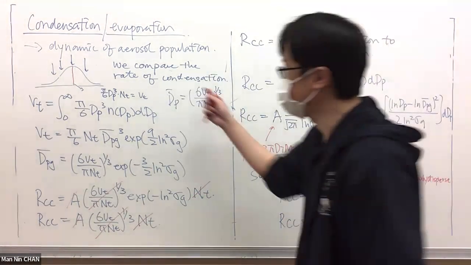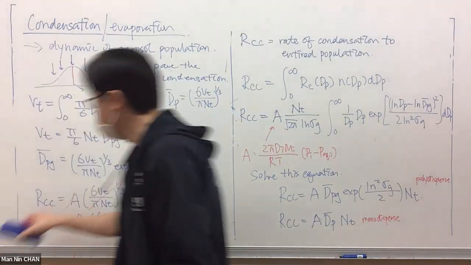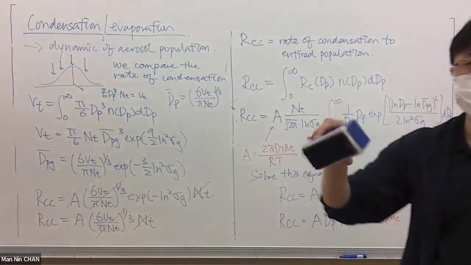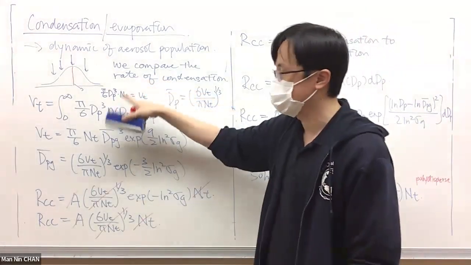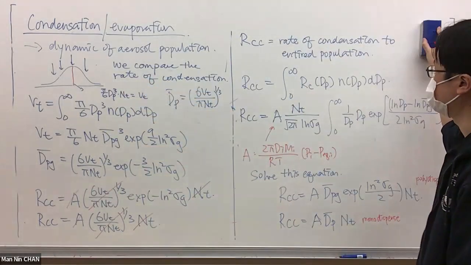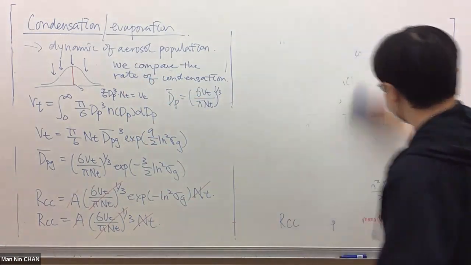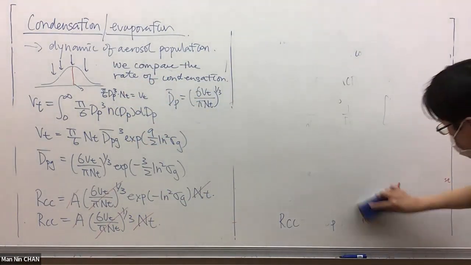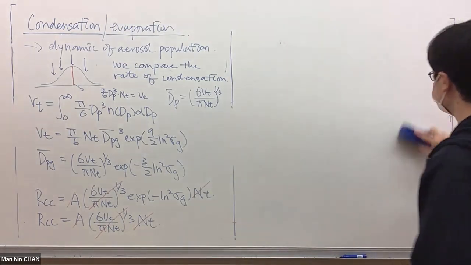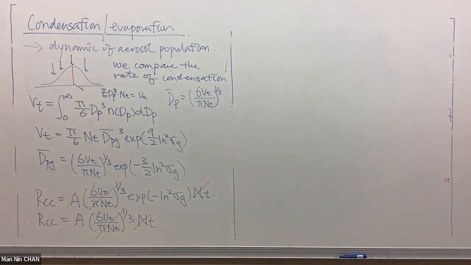So now if I compare the rate of condensation for two populations, one monodispersed and one polydispersed, with the same total property, the conclusion will be